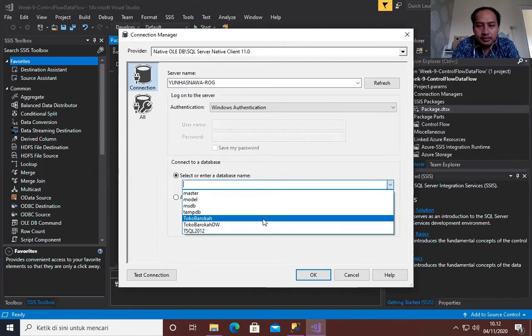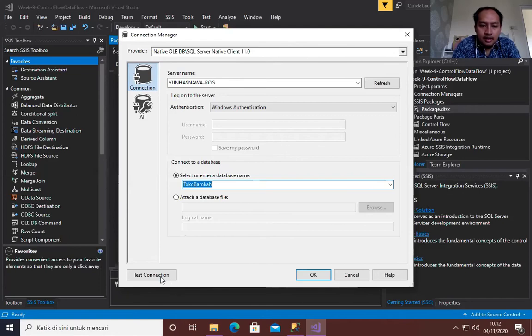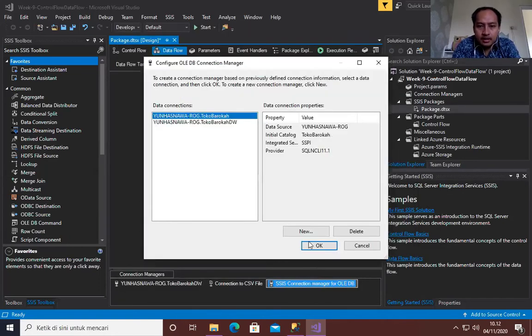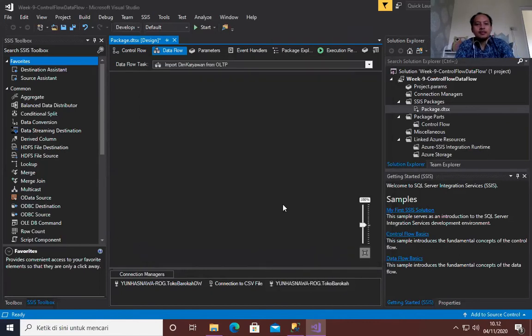Now this is our OLTP database. And then test connection. It is no problem, and then OK, and then click OK. After our connection manager is ready, we have 3 connection managers now. The first one is Toko Barokah DW, our data warehouse. Then this one is the connection to our CSV file, and the last one is our connection to our OLTP database.